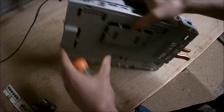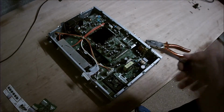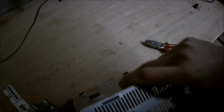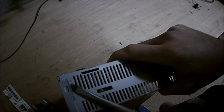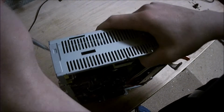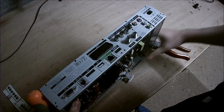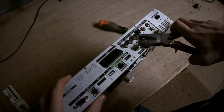You just kind of have to pry it off now. There's the top cover. Don't need that. This back cover is being a bit irritating. Take these off. And off it comes. Oh, okay. Now, what I forgot to do was take off these things. So,